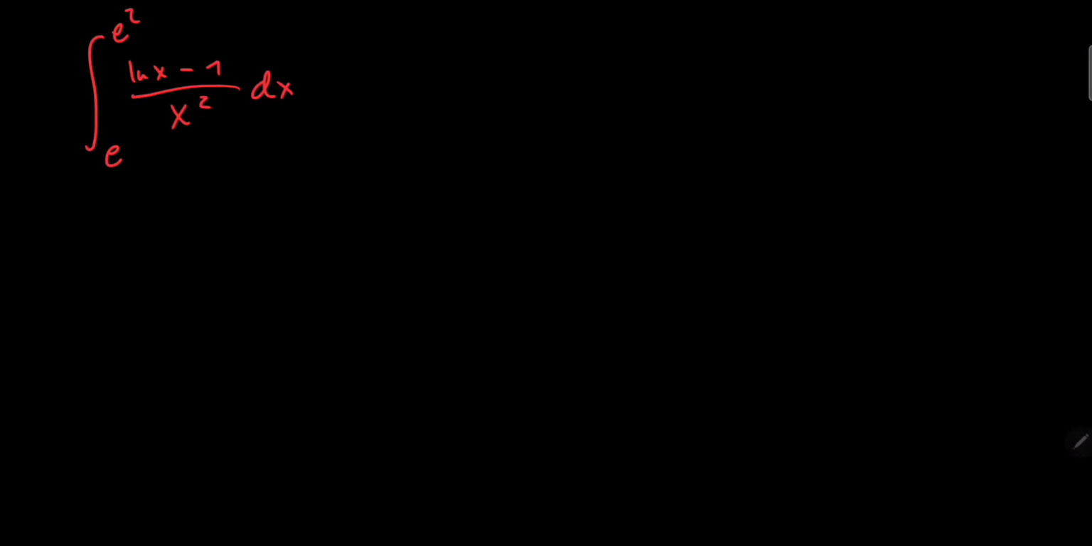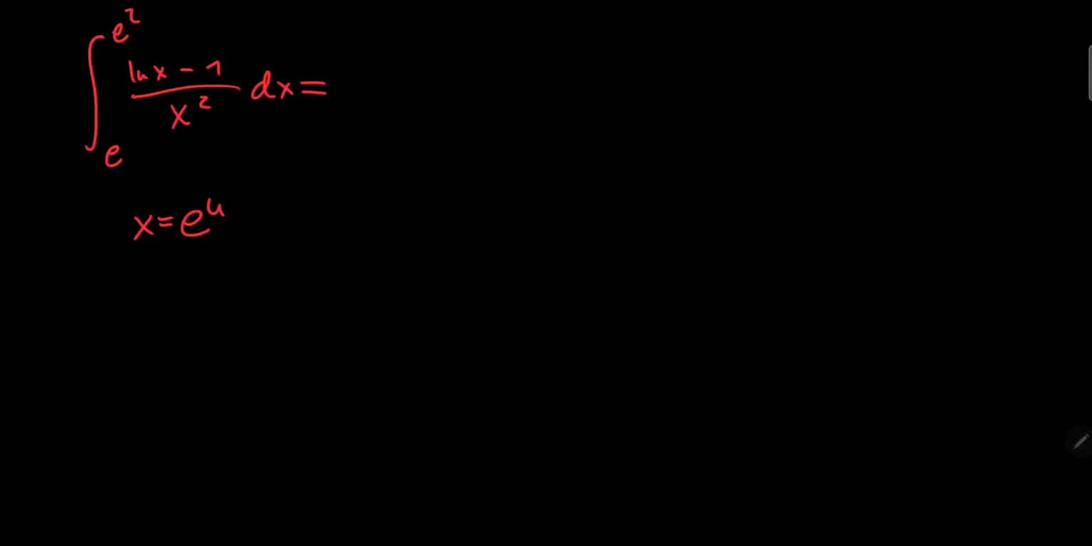In this video, we want to evaluate the definite integral from e to e to the power of 2 of (ln of x minus 1) over x squared. And if you carefully look at this question, you'll see that there's kind of a hint towards what substitution might work here, and that is that we should take x is equal to e to the u,